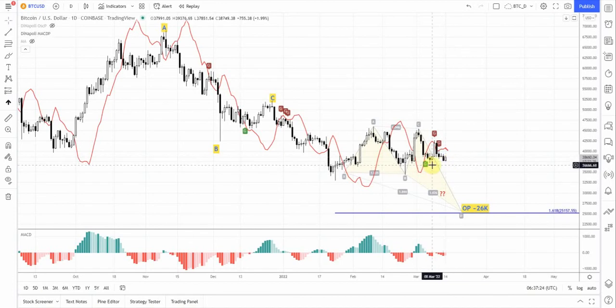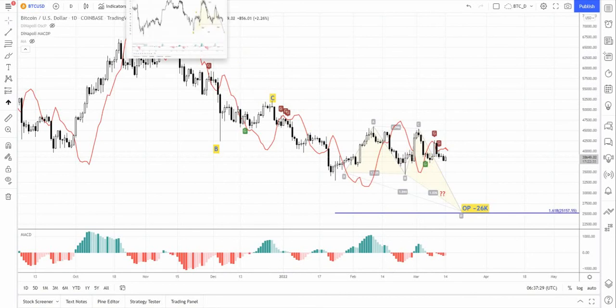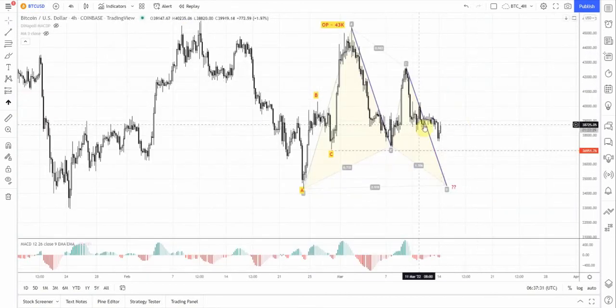So why are these lows very important? Because if you take a look at the 4-hour time frame chart, you will see that this is the C point of the ABCD pattern. And if it is taken out, and market drops below that, the ABCD pattern will be cancelled. So we can't count anymore on some upward continuation to the XOP or something of that sort. So that will be the breakout.